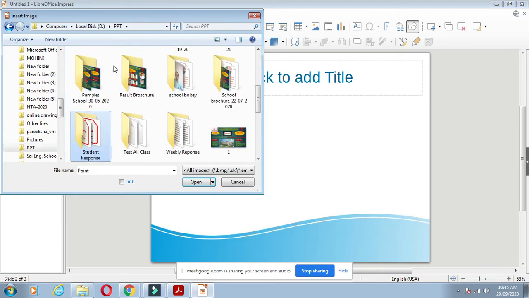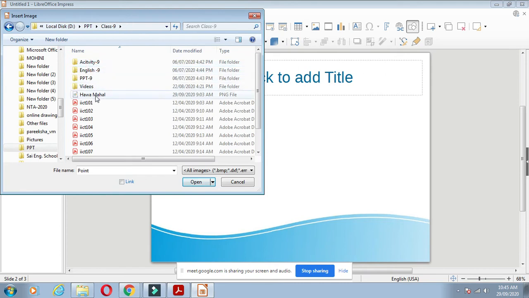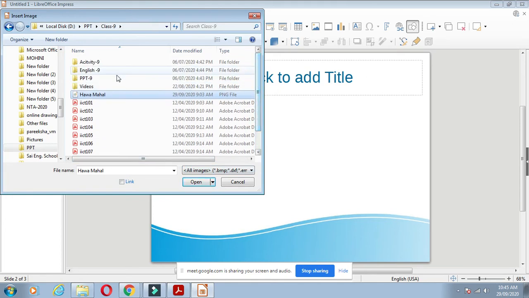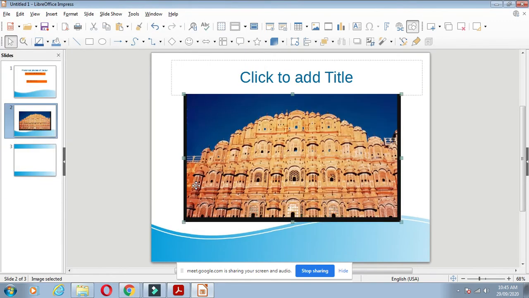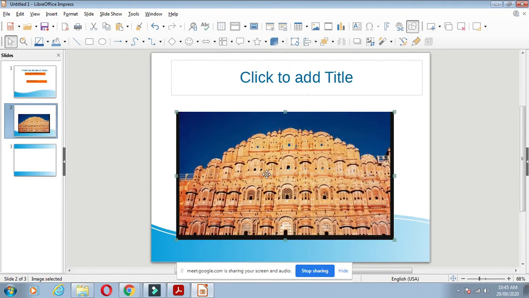That image you find out. Select the image. In this way you can put the image in your presentation.